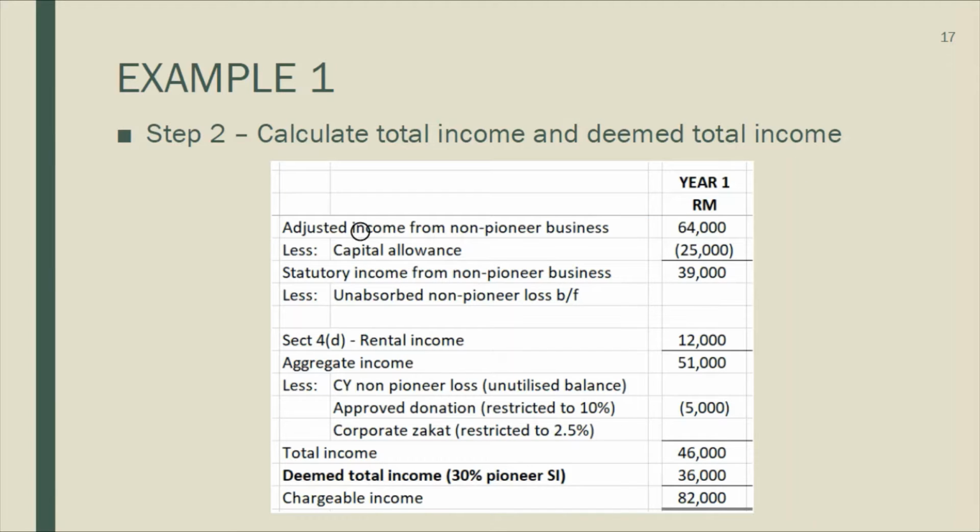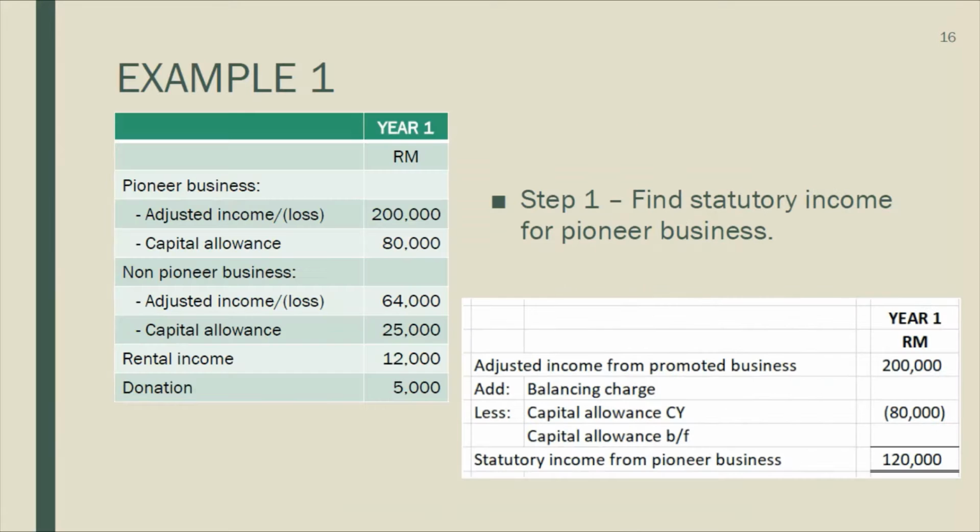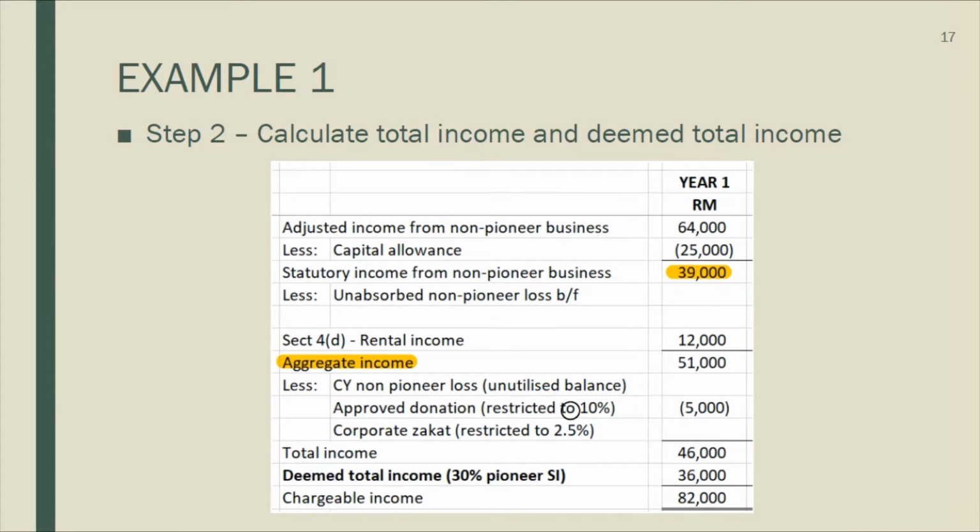Okay, so from the non-pioneer business, you calculate the statutory income. You'll get 39,000, and then there is no unabsorbed loss brought forward. You have rental income of section 4D, 12,000, so you will get aggregate income of 51,000. No non-pioneer loss, just have donation of 5,000. Remember, donation is restricted to 10%, but 10% is 5,100, so you can claim all 5,000, so you get total income of